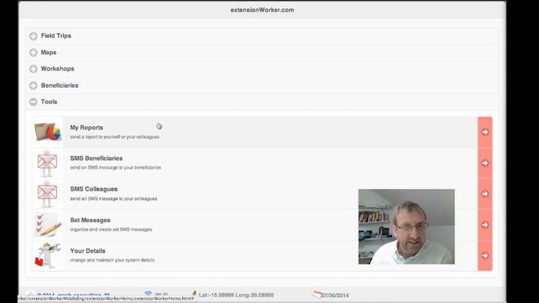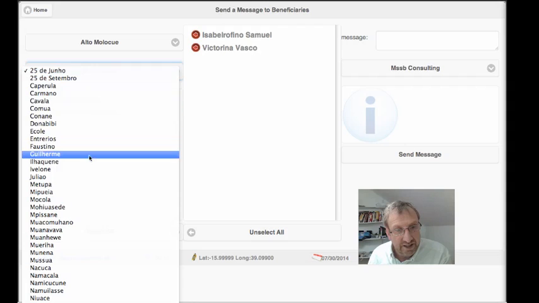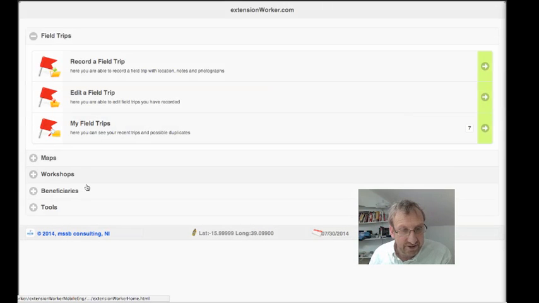We have a number of tools. Reports on the system basically pass through the system via email. It basically helps reduce your data overhead if you're running the tablet over the cell network. It works offline with the exception of the satellite mapping, but reports are handled via email to reduce the data overhead. We can bulk SMS beneficiaries by choosing who we want to send a message to, creating a message and then sending it. Similarly, we can do the same